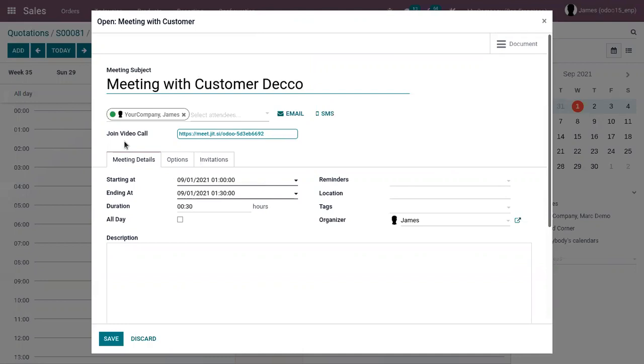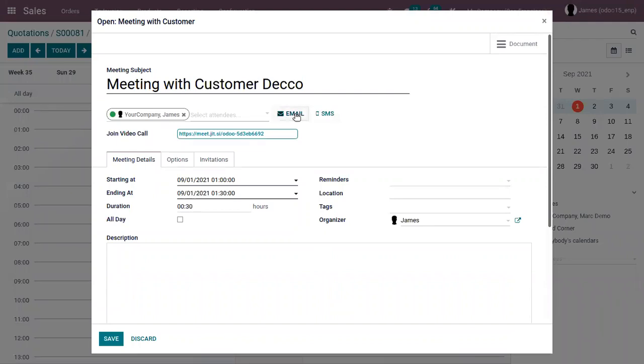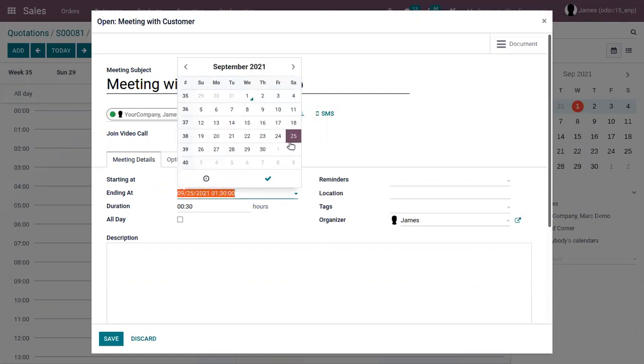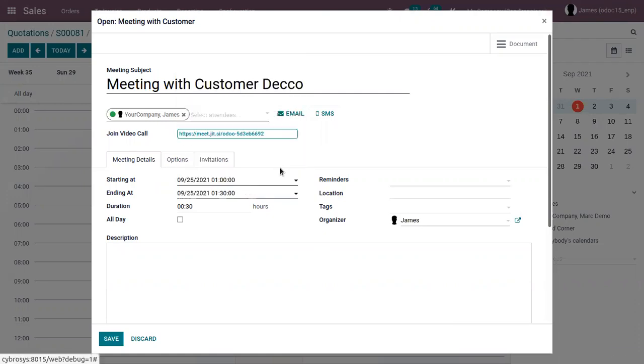Here, it's possible to create a video call. So you can see the link of the video call. We can also send email or SMS. So here we can view the meeting time, that is meeting date and time. You can change it from here. By default, it is set for half hour. You can change it.